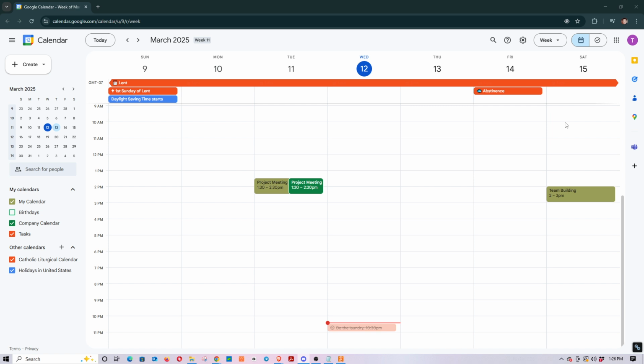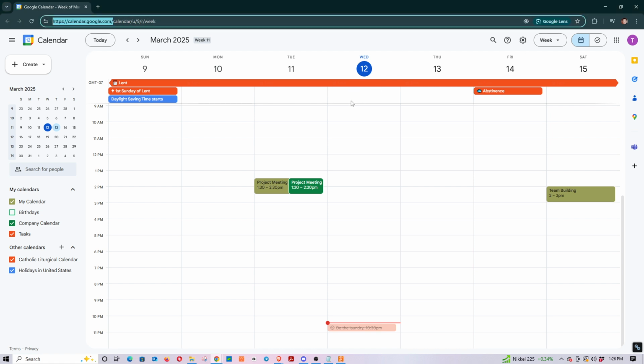First up, open your Google Calendar in your web browser. You can do this by typing in calendar.google.com into your address bar, and it should take you right to it. If you're not logged in, you'll need to sign in with your Google account to access your calendar. Once you're in, look around and make sure you're familiar since you're going to be working with this interface outside